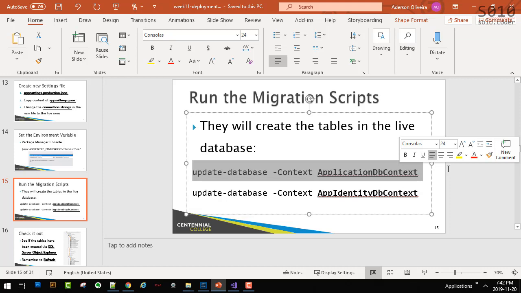With all that we have done so far, what will this command do? What will happen after I run this? Come on, what will happen when I run this command?